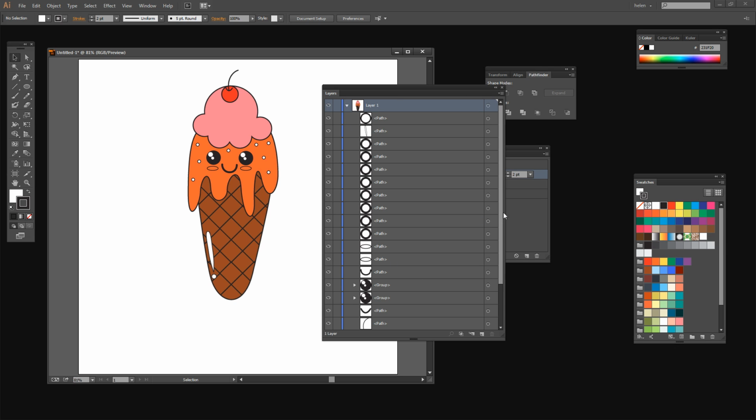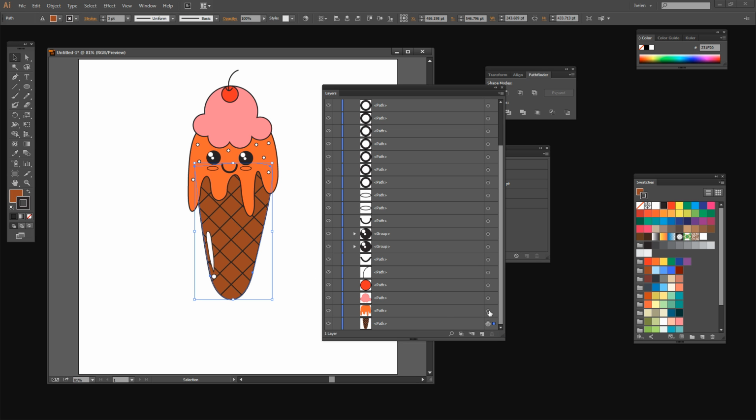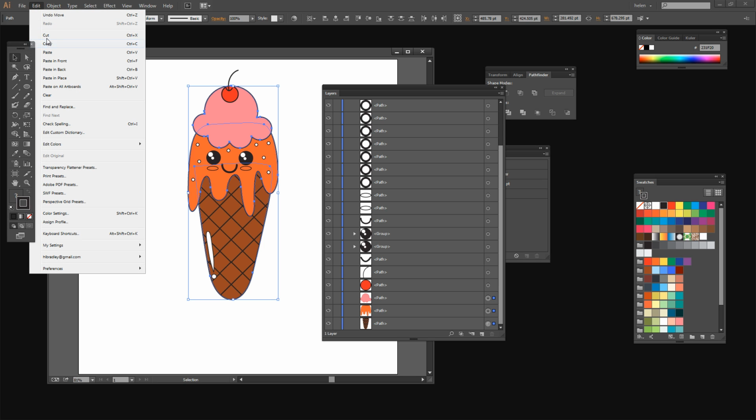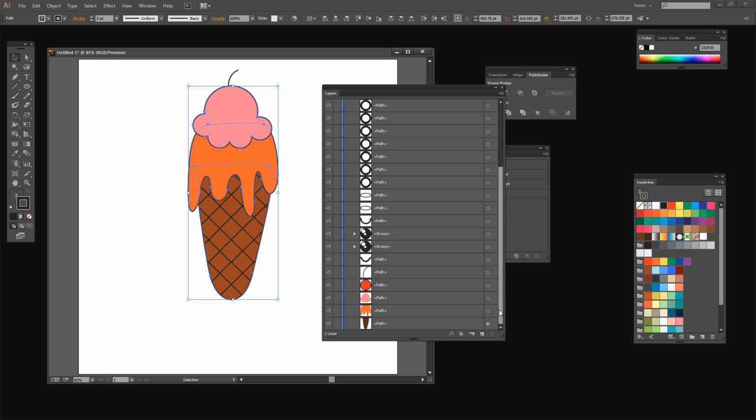So these are all the circle pieces, and here are the ice cream pieces. So this one here is the cone, the one above is the orange ice cream, and the one above that is the pink ice cream, and together they pretty much define the shape. So with these all selected, I just shift clicked on each of them in turn. I'm going to make a duplicate by choosing Edit Copy and then Edit Paste in Place. And I've just pasted in place at the very top of this layer stack these 3 pieces, which are the